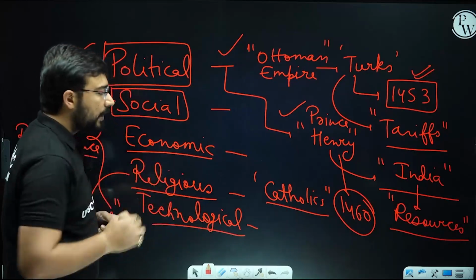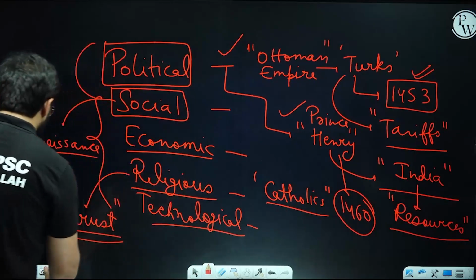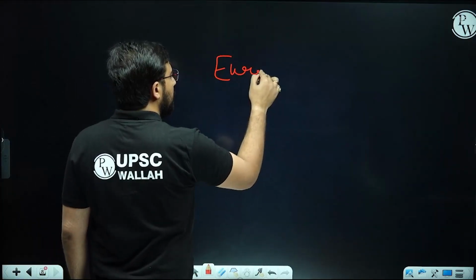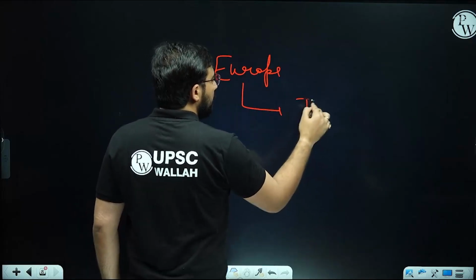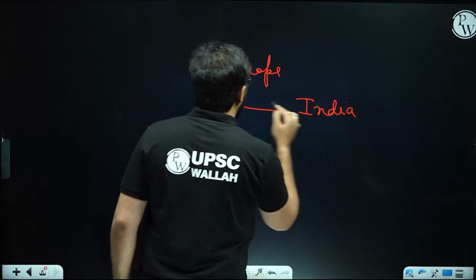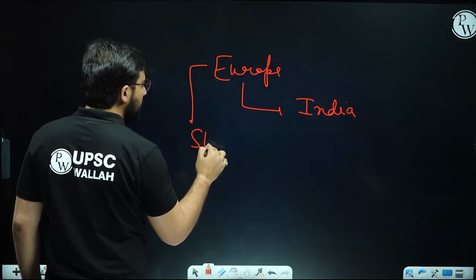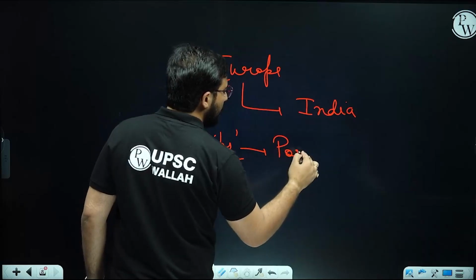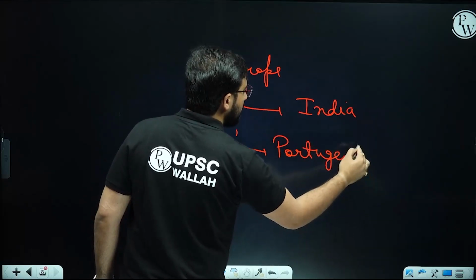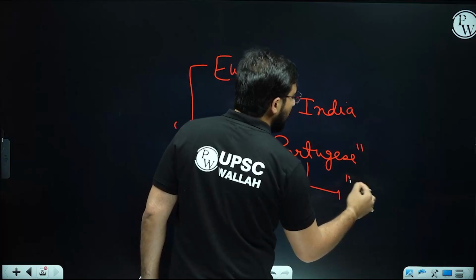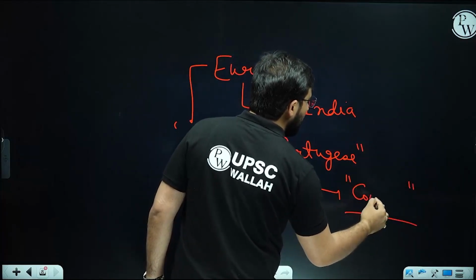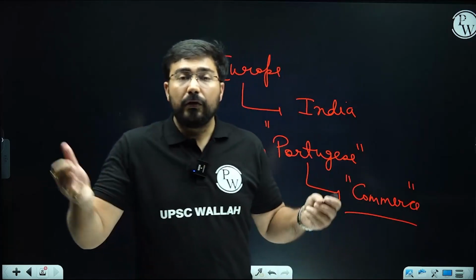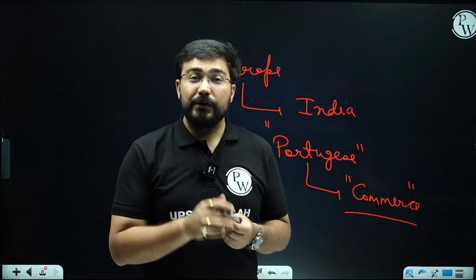Technological factor is equally important. Why is it equally important? Because for coming from Europe to India, you need to have technology. And for that, the Europeans were building the best ships in those times. In fact, the Portuguese were building double-decker ships. When you have large ships, they are good for commerce. You can have a big crew. You can go to far off places. That's why technology was very important.